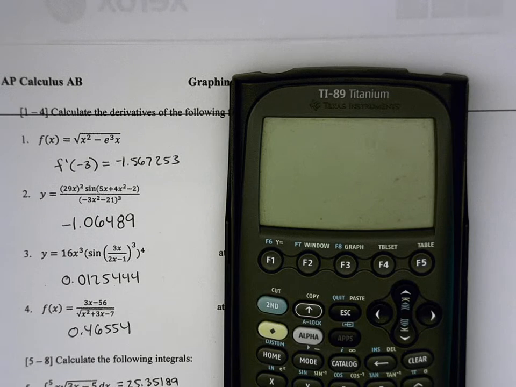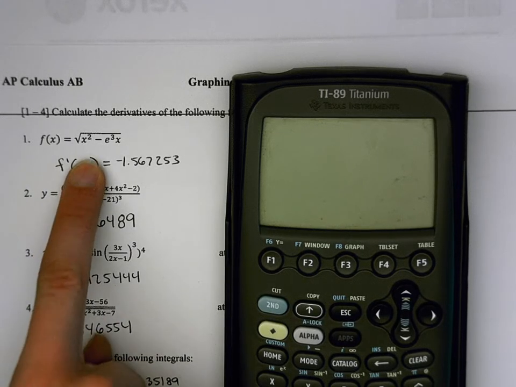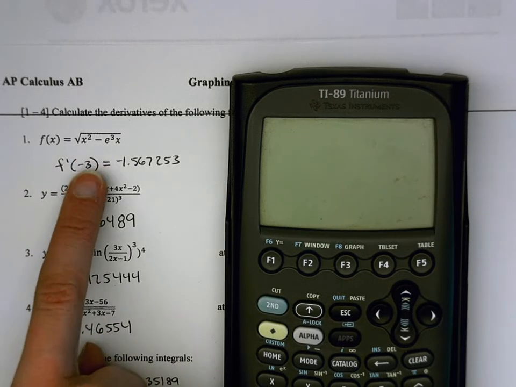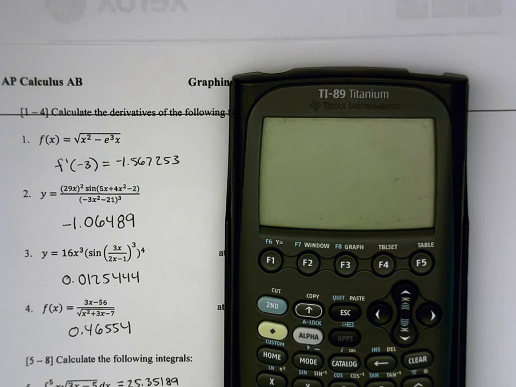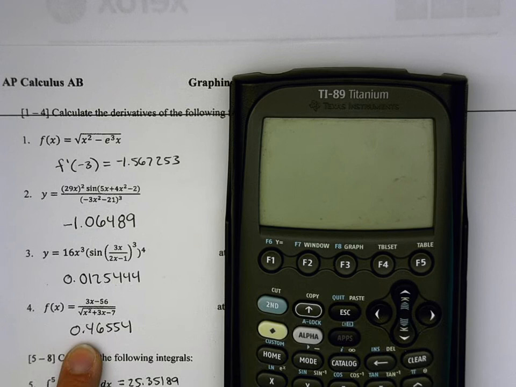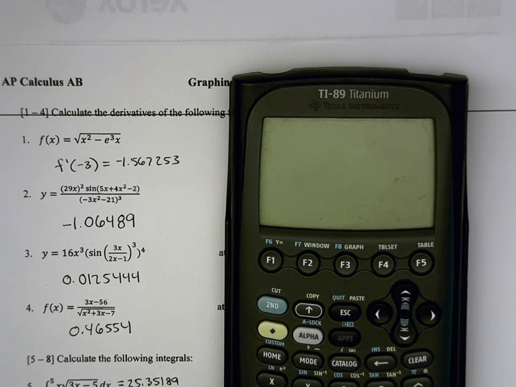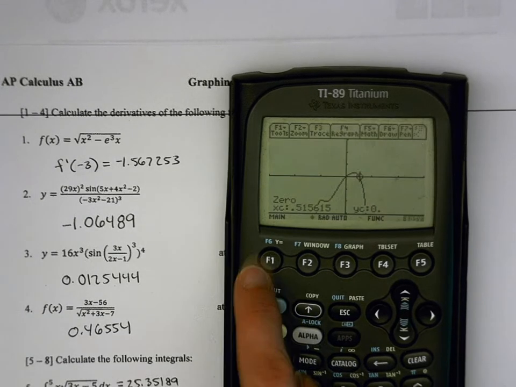Your document is structured in a way that there are 3 to 4 practice problems per tool. The idea being that I will use one of them, for example with derivatives, I'm going to use number 1 here, to review how to find a derivative. And then you have a few others that you can use to practice if you so choose. Okay, same thing with the integrals, same thing for solving. Okay, so 89s,